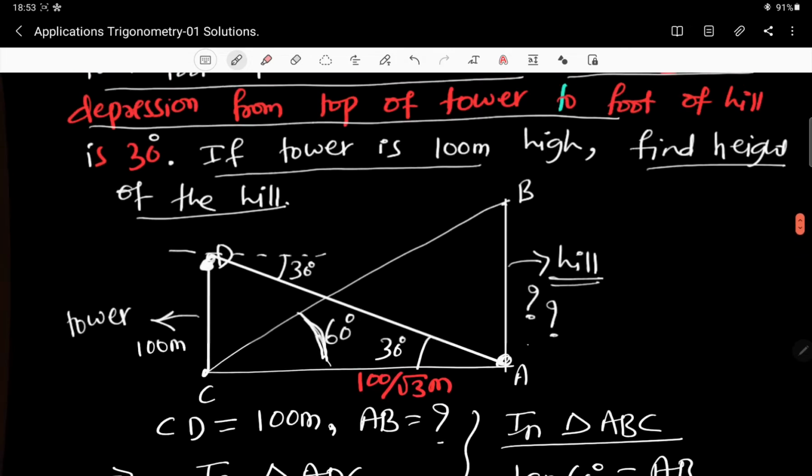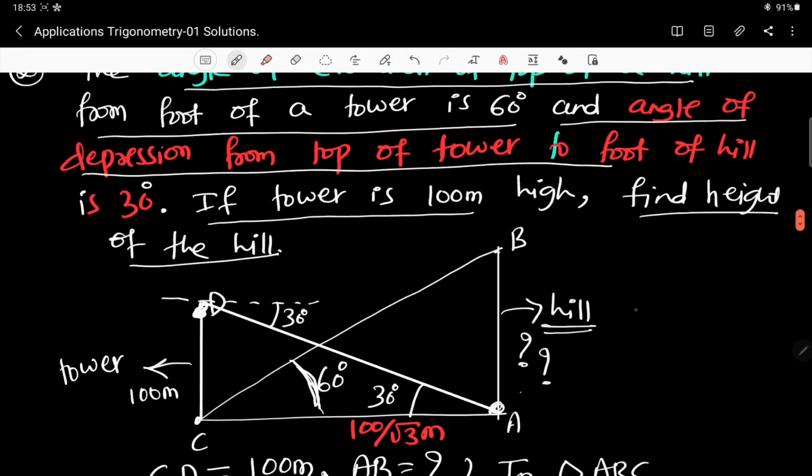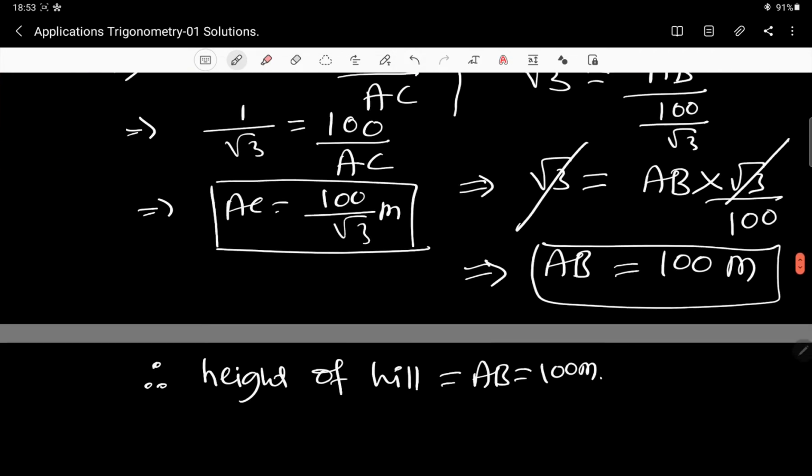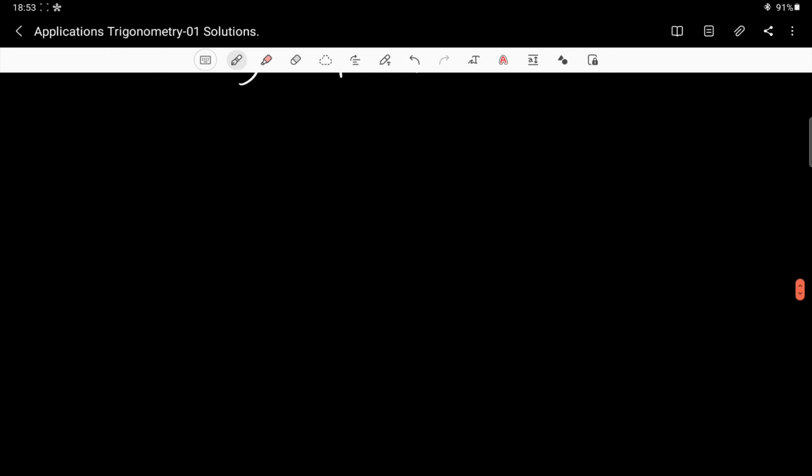All right, dear children, drawing this diagram is the most important thing. Whatever diagram we are doing, again and again I am reminding you, drawing this diagram is of paramount importance. All right, so let us look into this third question. Along with me, you have to do, once I have written the question, pause the video and solve. Once you have solved it, try to compare your answer with my answer, how I am solving.